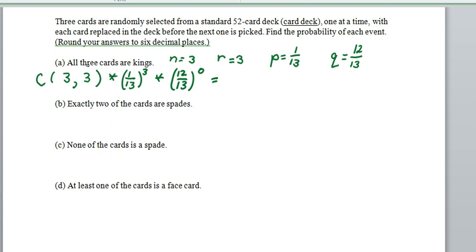And the combinations of 3 things taken 3 at a time, there's just one of those. So we're looking at 1 over 13